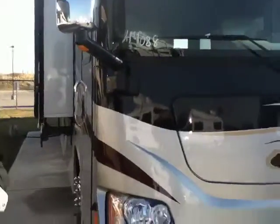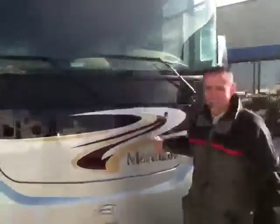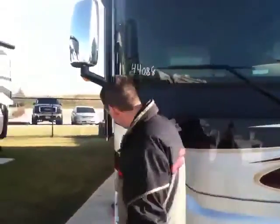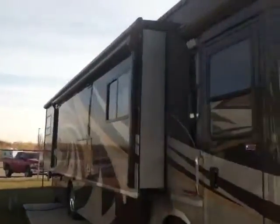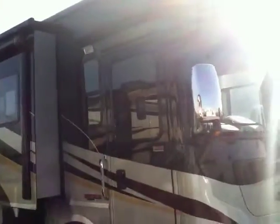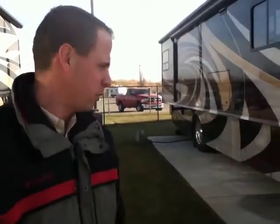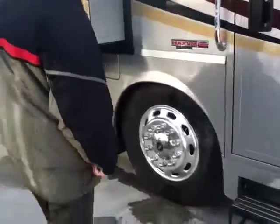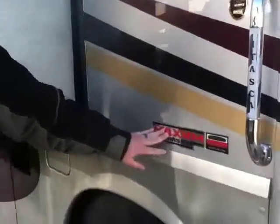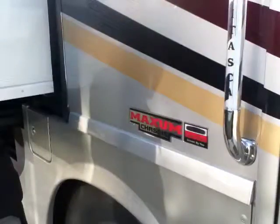The Meridian is on a Class A line, and this is a 36M Meridian. One thing I wanted to show you is this on the passenger side. This is a 3-slide coach, and on the passenger side this does have a full wall slide. When we get inside, we'll show you the benefits of that and what it gives you as far as space goes. It is on the Maxim chassis, which is developed by Winnebago and Freightliner together, and basically what that gives you